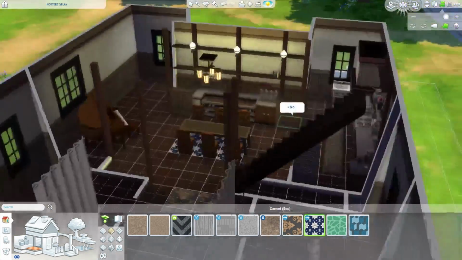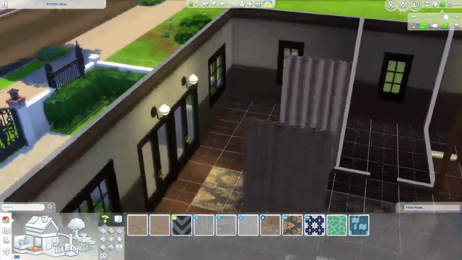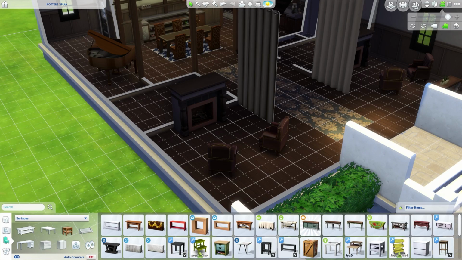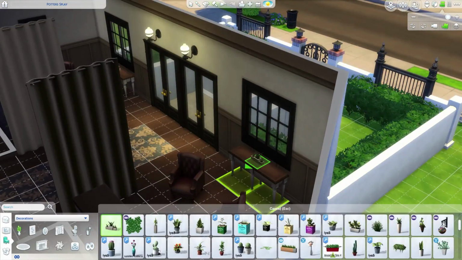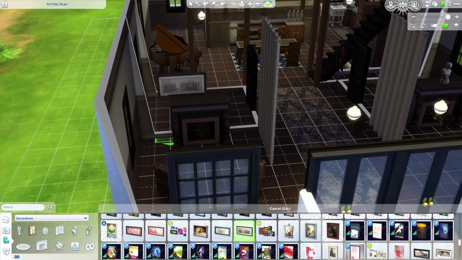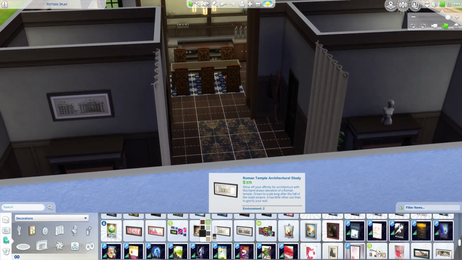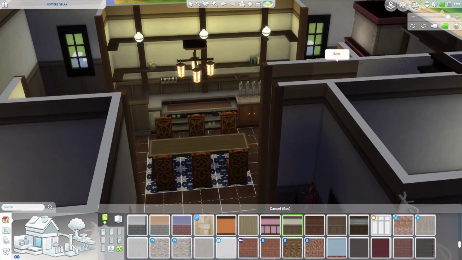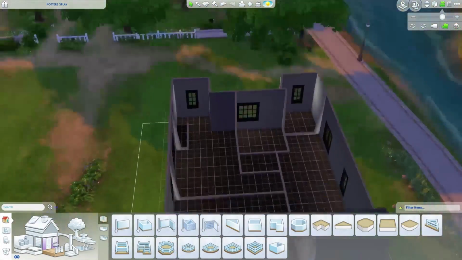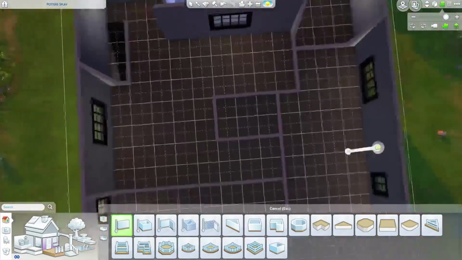I ended up changing some of these carpets and a little bit of the layout because I felt like the stairs were too close to the dining room table. But yeah, I really like this house, and I love how different it is compared to everything that we've seen up until this point. So moving on up to the second floor,